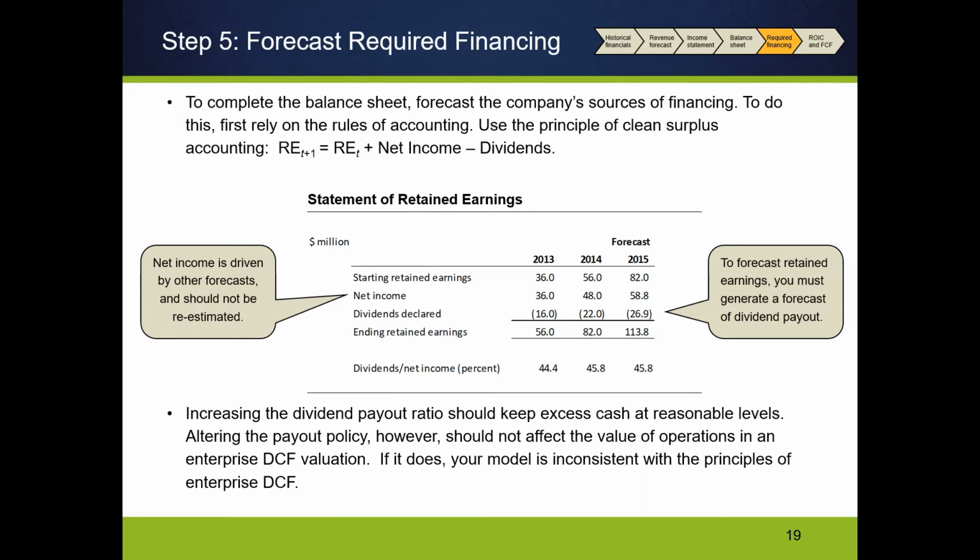If the firm is paying a dividend, it's probably paying an established dividend payout policy. Maybe it's 20%, maybe it's 30%. We're going to look at the historical payout policy. Then we'll calculate the dividends that the firm is going to pay on this new forecasted year of net income. Anything left over will be put back into retained earnings, and retained earnings there will be reconciled to the balance sheet. So what you would see in that forecasted year down at the bottom, ending retained earnings, 113.8 million, that's going to be the forecasted retained earnings line item on the balance sheet.